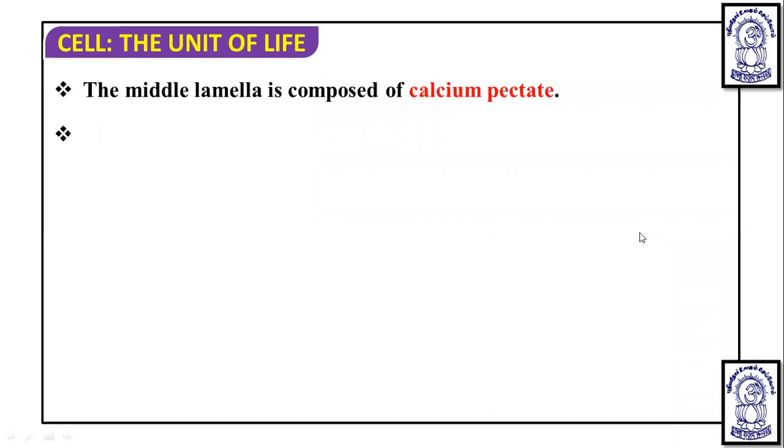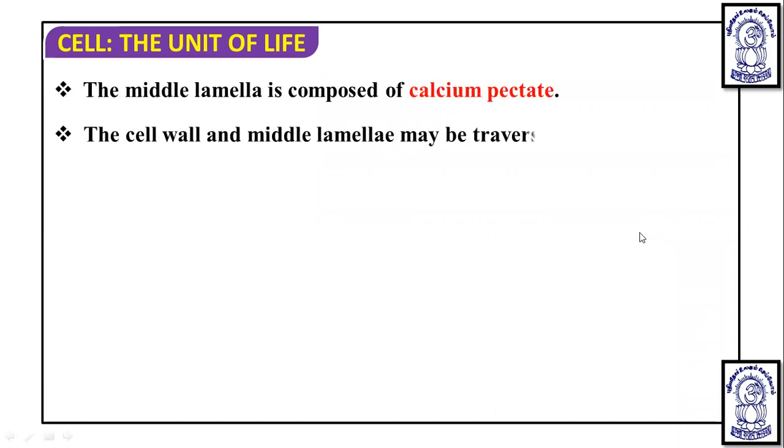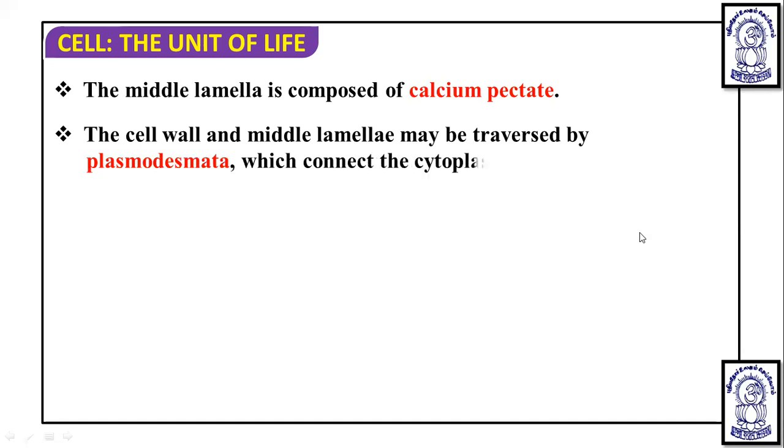So the middle lamella is composed of calcium pectate mainly. It is also made up of magnesium pectate, and the cell wall and middle lamella may be traversed by plasmodesmata, which connect the cytoplasm of neighboring cells. So if we talk about the primary cell wall and secondary cell wall, dear student, first we are going to talk about